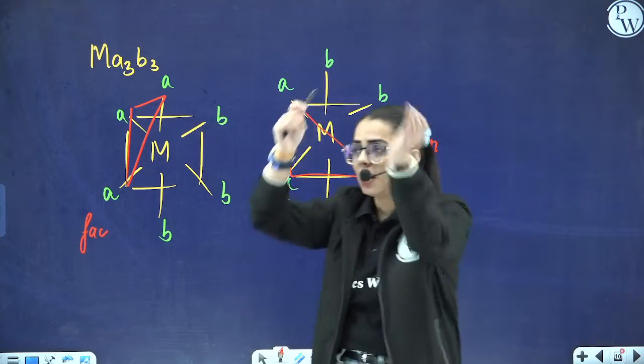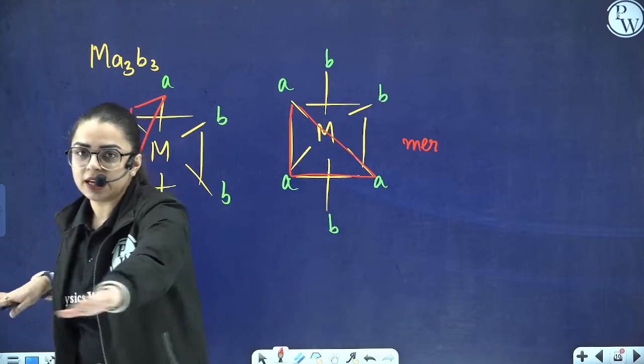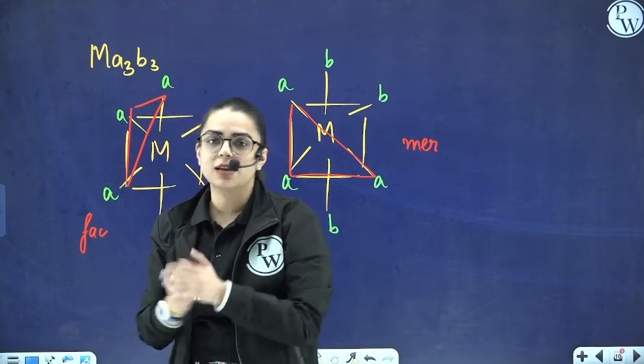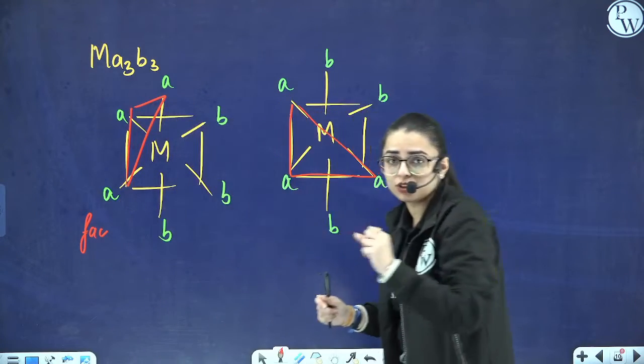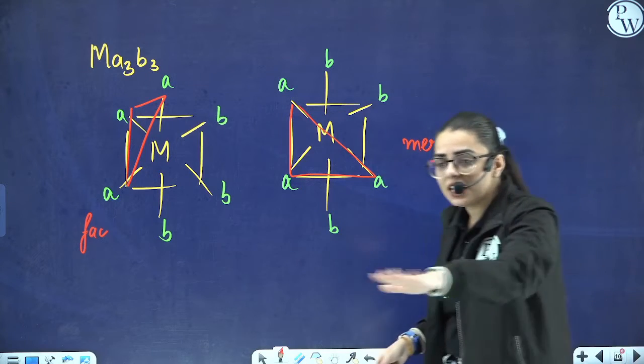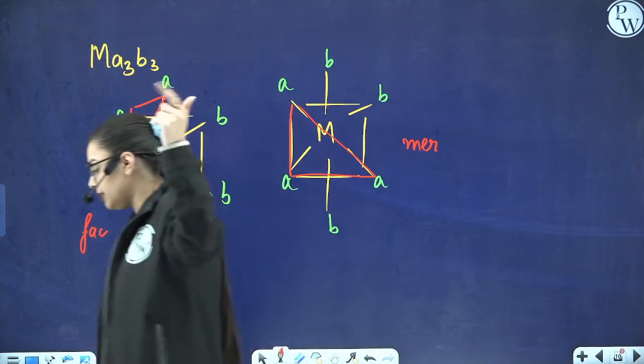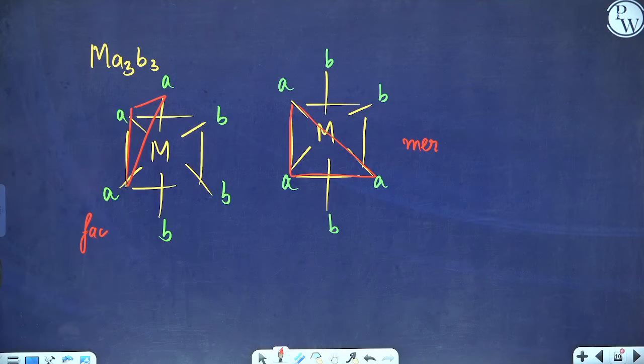One atom is above and two A in the plane itself. Like this, a triangle shall be obtained. So it is facial because we are talking about a face. But over here it is present in a plane. That's why it is meridional. Is it clear? So this was all about the coordination number 6. It is an important structure that you can see.